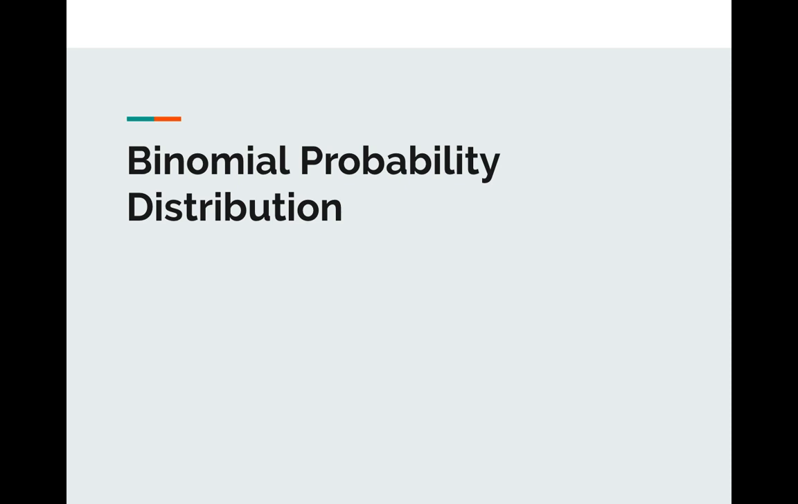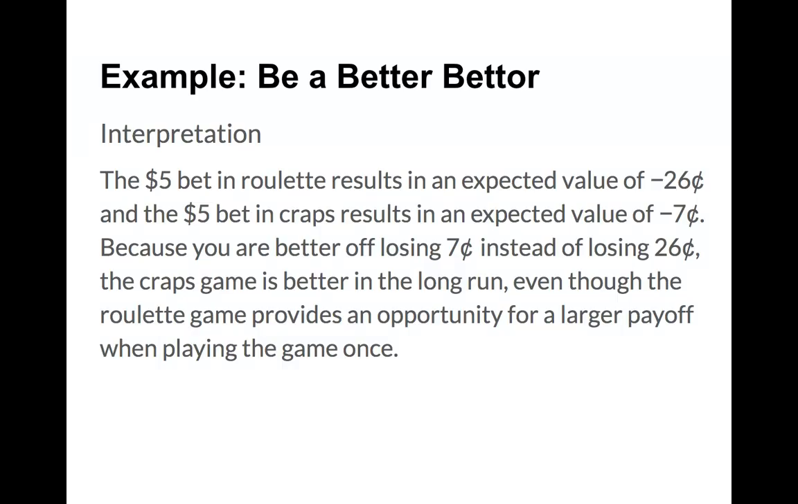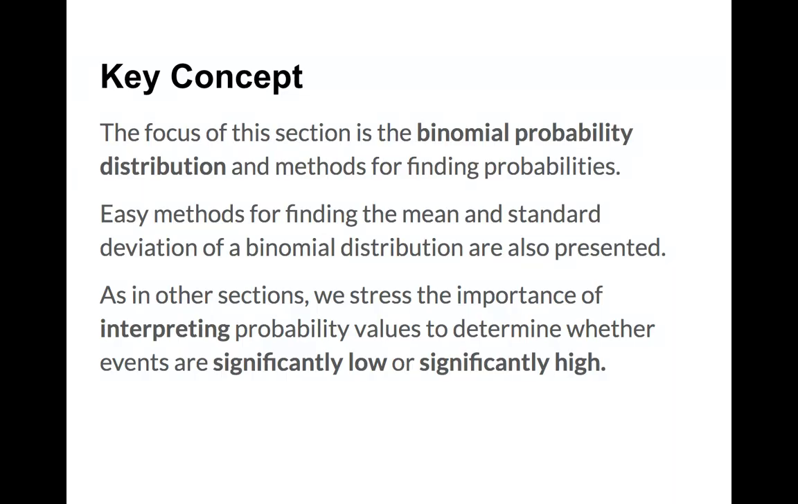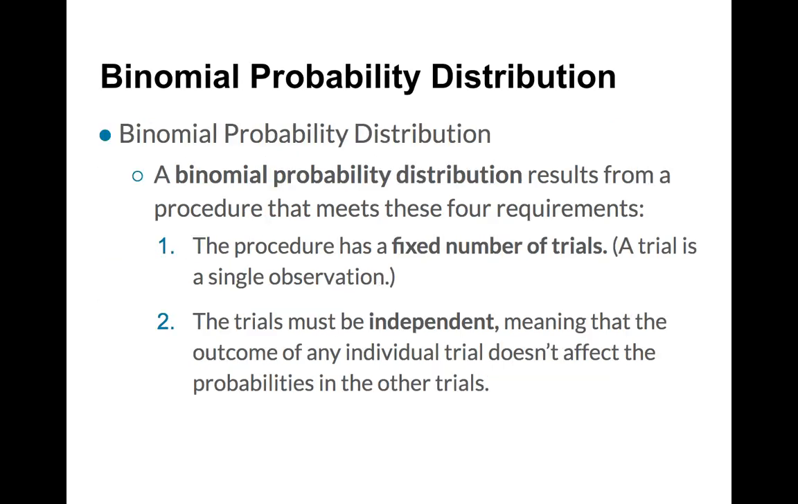Now, binomial probability distribution. So that's it for probability distributions. Now we're going to specify into a certain type of probability distribution, and it's a very important one: the binomial probability distribution. Okay. And key focus. So a binomial probability distribution results from a procedure that meets these 4 requirements. Just like a probability distribution had 3 requirements, a binomial probability distribution must satisfy these 4 conditions for the procedure